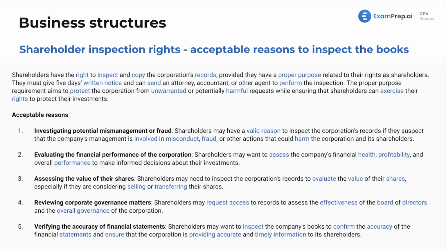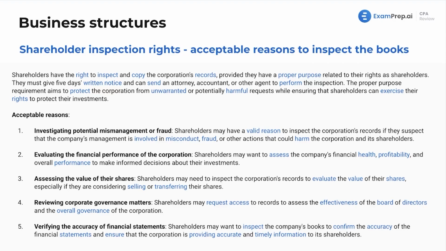Shareholder inspection rights. As mentioned earlier, yes, you have the right to inspect the books. However, there are acceptable reasons to inspect the books. I can't walk up to Home Depot and say, I want to inspect the books. That's why these large corporations generally are going to have audited financial statements that they issue quarterly, annually. That is kind of the middle ground, the way for you as the shareholder to see how well the company